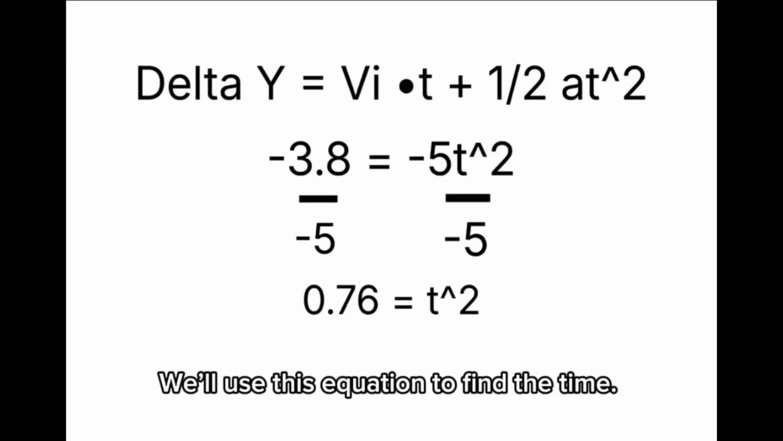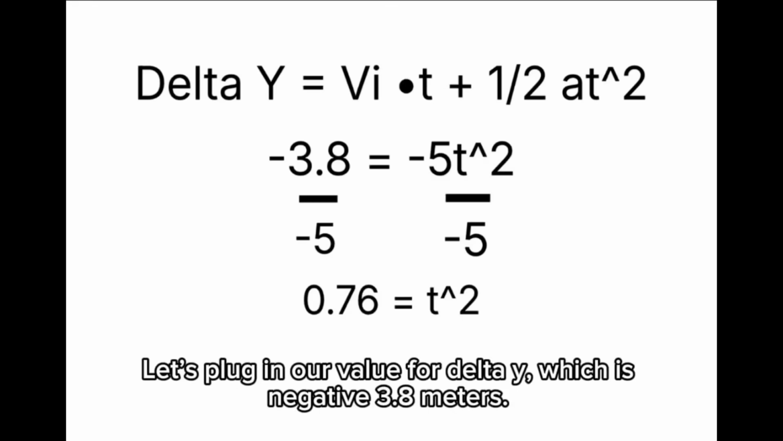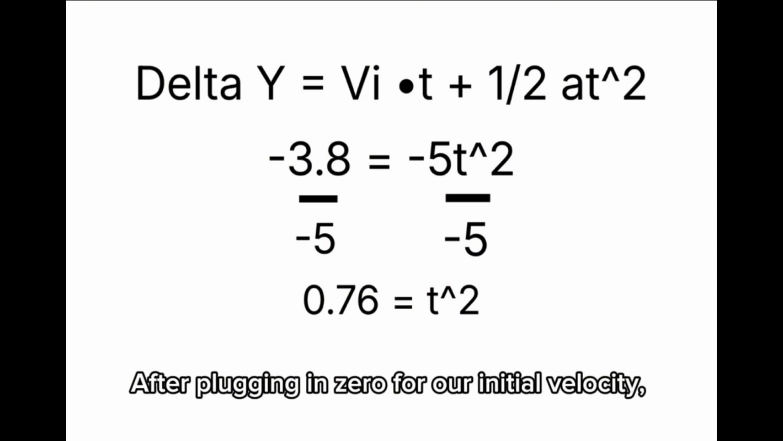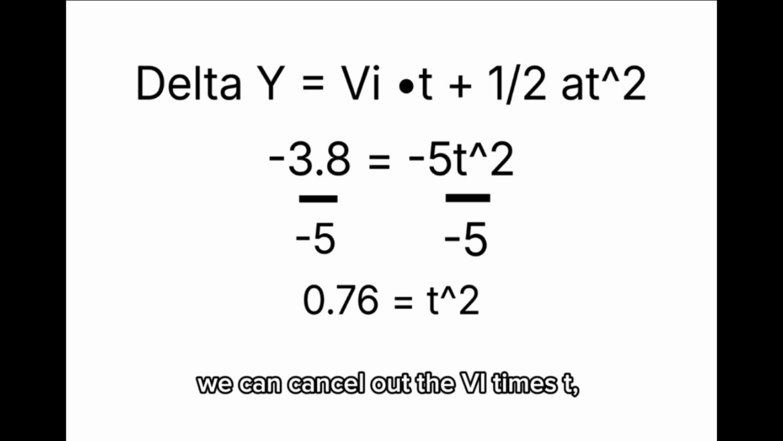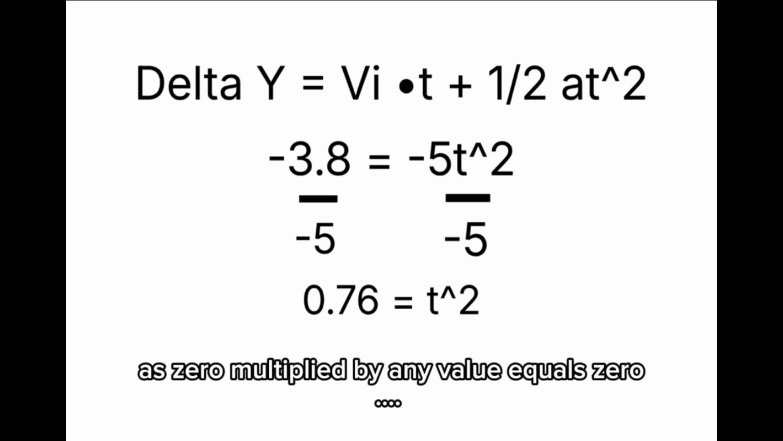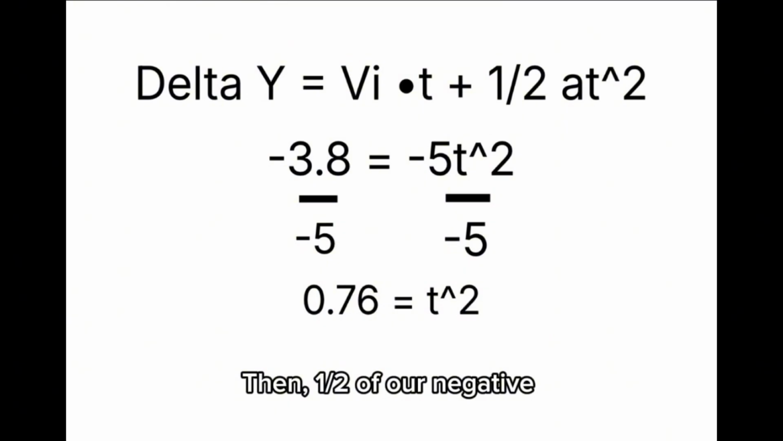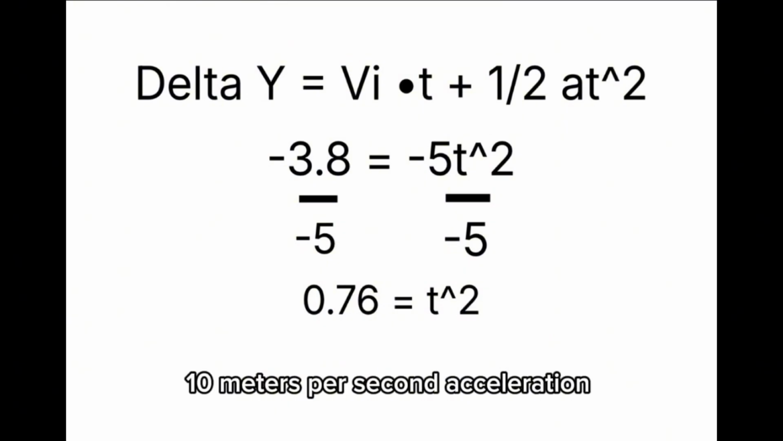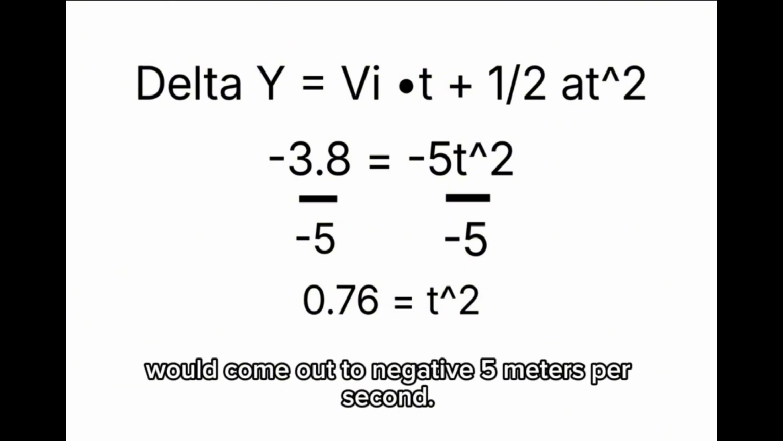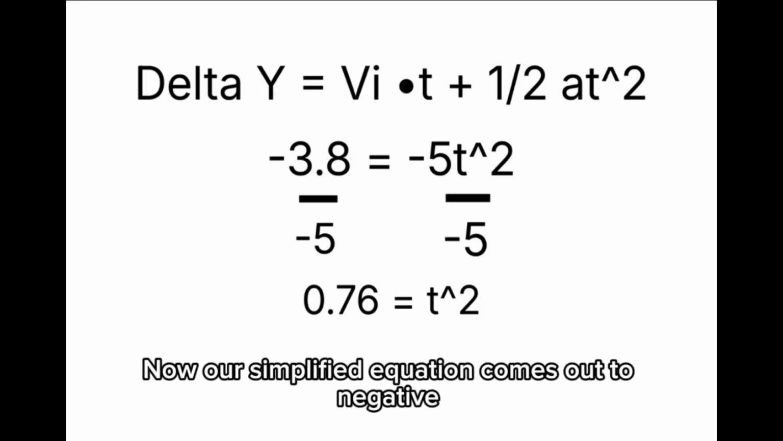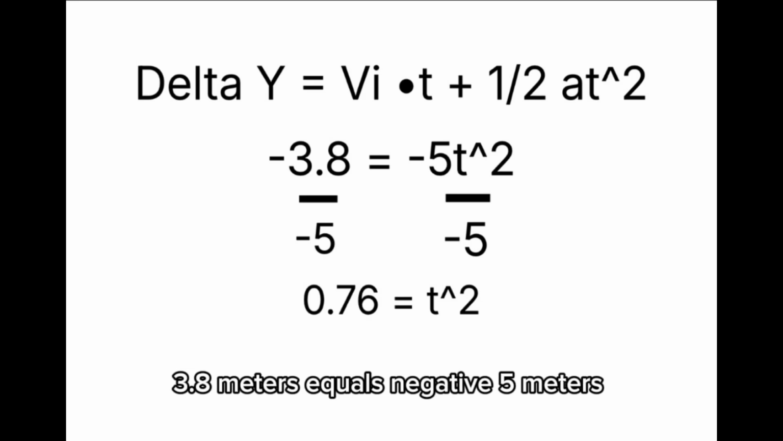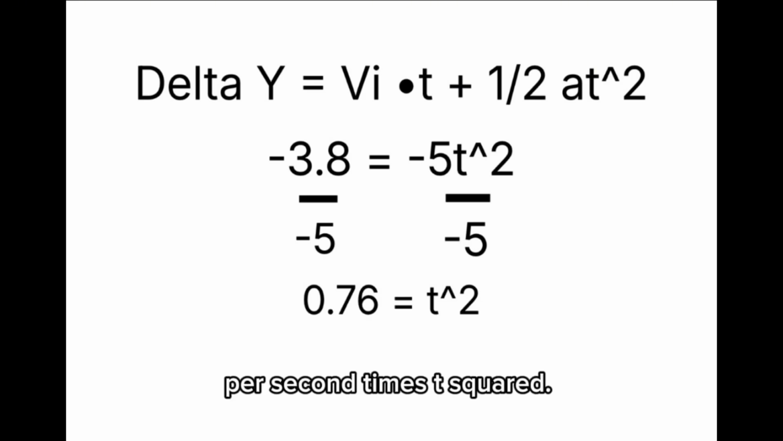We'll use this equation to find the time. Let's plug in our value for delta y, which is negative 3.8 meters. After plugging in 0 for our initial velocity, we can cancel out the vi times t, as 0 multiplied by any value equals 0. Then, 1/2 of our negative 10 meters per second squared acceleration would come out to negative 5 meters per second squared. Now our simplified equation comes out to negative 3.8 meters equals negative 5 meters per second squared times